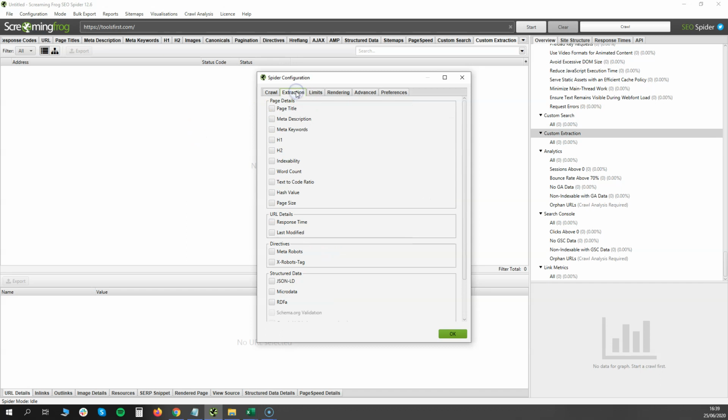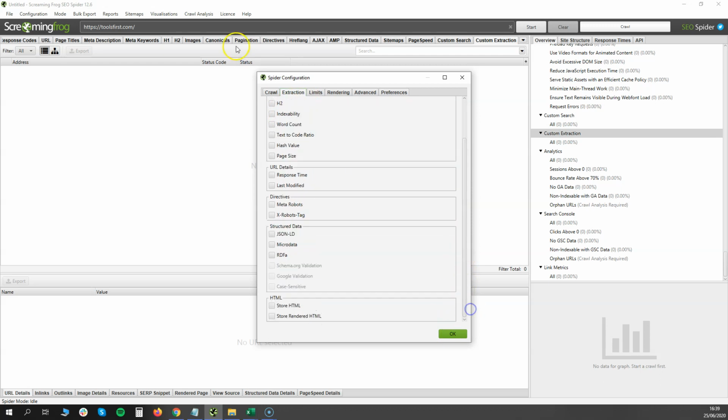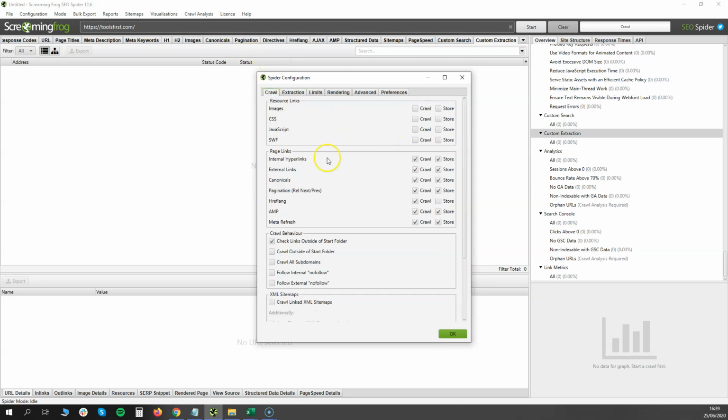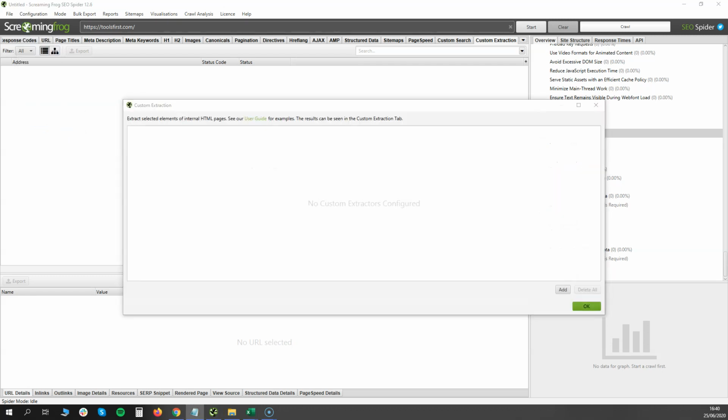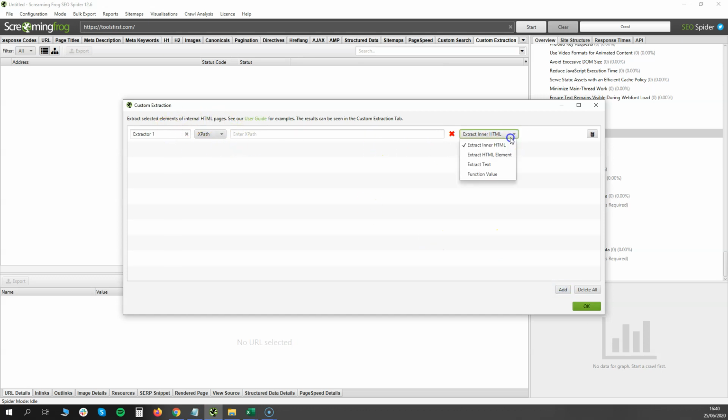You want to go into configuration, spider, untick all of this extraction because we don't need any of this data. Make sure though that in your crawl, the page links, you have everything ticked. We do need to use all of that. And then we set up custom extraction, which gets all the links on every page. So we want to get the HTML element. It will be div, I always forget this,